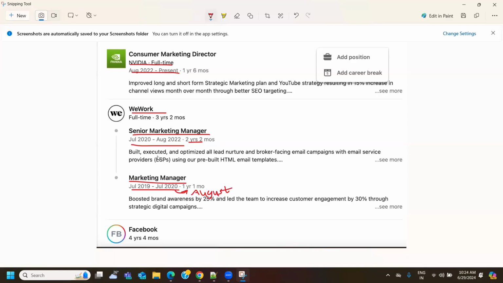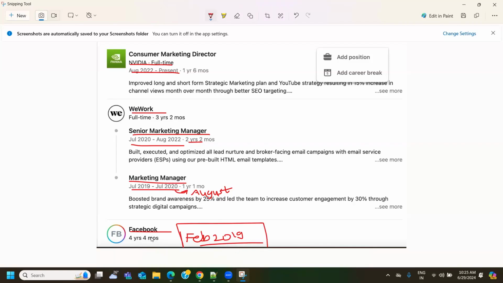If you are working in the same company and you have changed the roles, there shouldn't be a gap. Okay, if you have moved out from Facebook or this company, just an example, and he joined in July 2019, and you have moved out from Facebook in February 2019, there is a gap, right? March, April, May, June. There is a gap of 4 months. Now, that won't be any problem. If there is a gap, that won't be any problem.